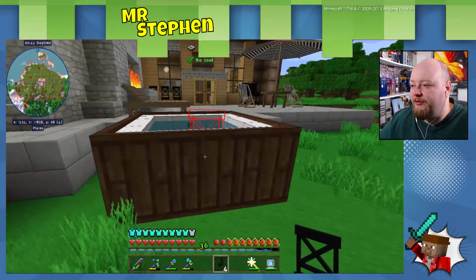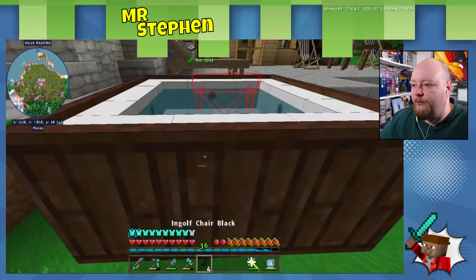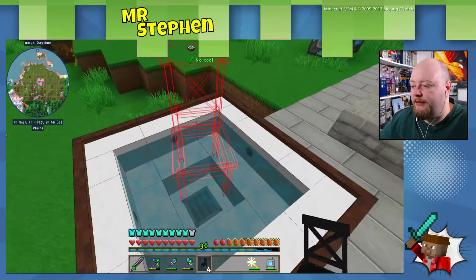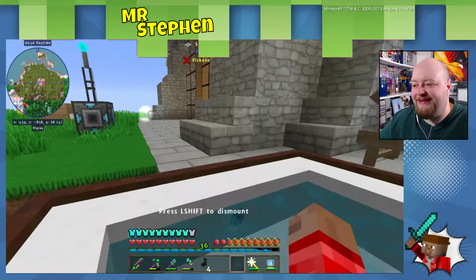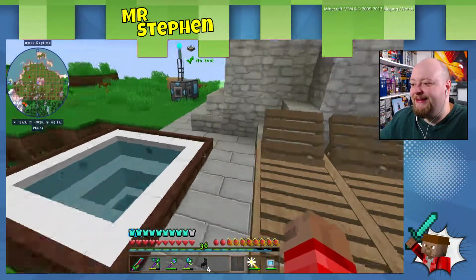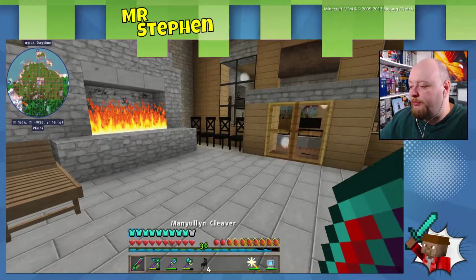Right, hot tub's not in the right place. That needs to be over one, like that. So that we can climb into it, and actually you can get into it, like that. And then get out of it as well. That's cool. Right, so the only other thing we want now is some bricks, because what we're going to need